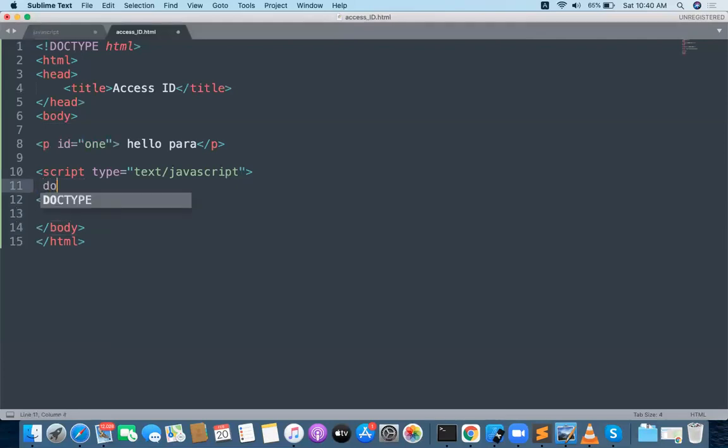Go to the script. The script comes after the body, after the slash body, the closing tag of the body. We need to write it at the end of the body. So whenever the body is closing, I write a script. I will tell you what happens when I write a script on top of the body or in the header section. And document dot